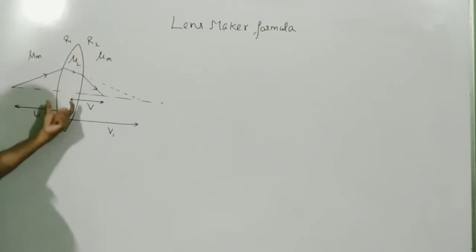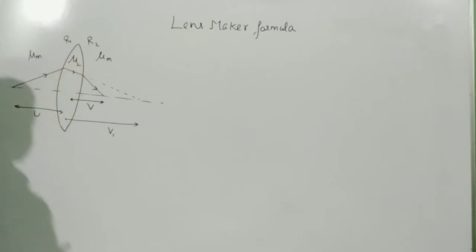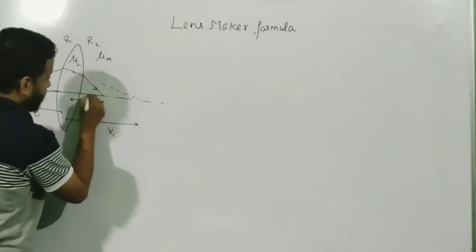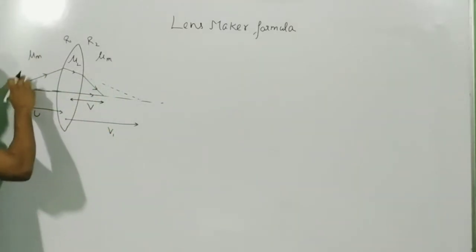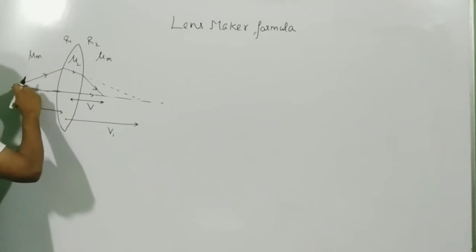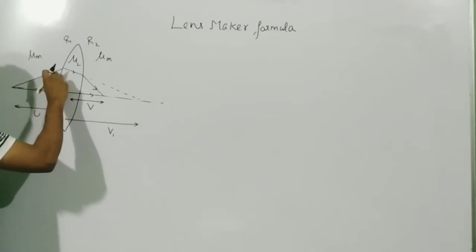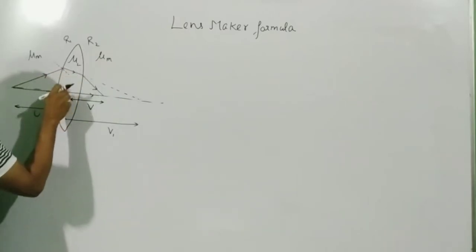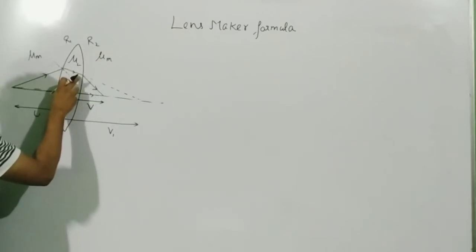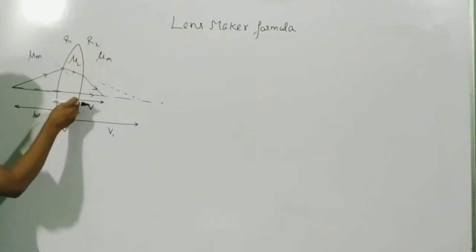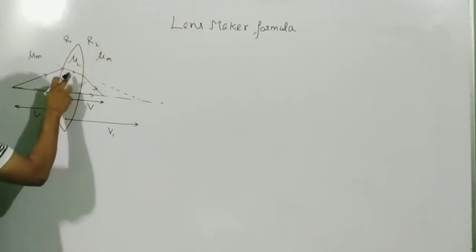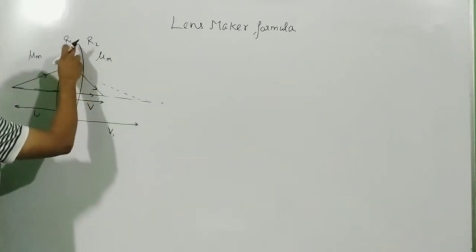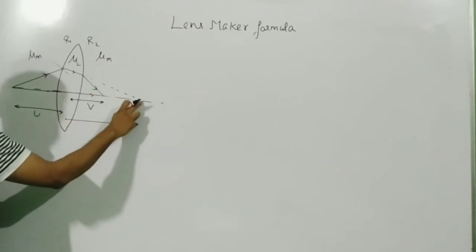So, considering that this is a lens, and one ray will obviously travel through the principal axis. Now, if I consider that this is the surrounding medium mu m, let us say the light strikes here, this will be the normal over here, and then it bends. Now, after bending towards the normal, just imagine if this curvature would not have been present, this ray would have traveled along this line, correct? So, I am saying that for this curvature, this is the position of image.